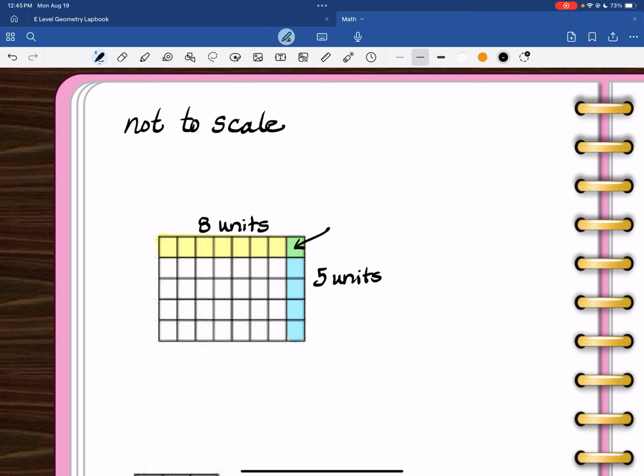Now, if I were counting individual boxes, I would not count that one twice. But in this situation, this box is 8 units long and 5 units wide. This is a rectangle, 4 sides, 90-degree angles, and I know the formula for a rectangle is area equals length